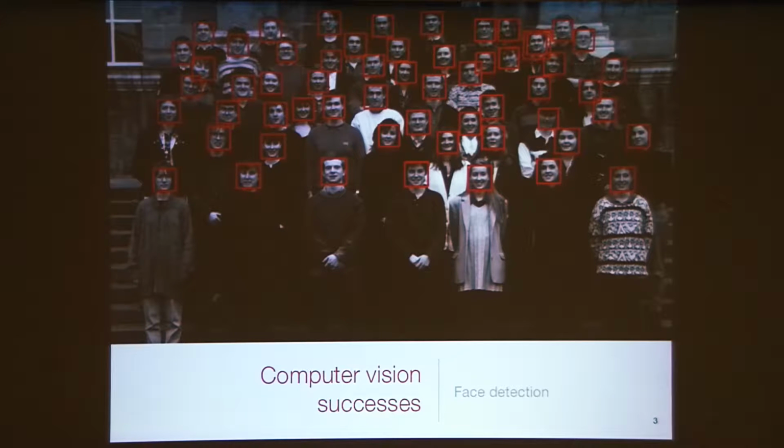I think you've heard in this summer school several examples of pretty ambitious and encouraging results, training very large neural nets on millions of images and achieving quite good results on a number of data sets. I think there are a couple of areas in computer vision for which we've made significant progress. Face detection is one of them.